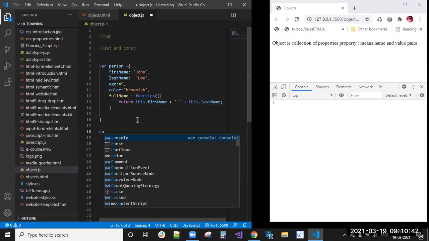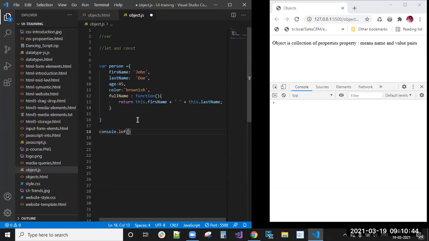If you call console.log of person.fullName, but it is a method, right? You can do it like this. Now you can see John Doe. It is printed as John Doe because it is this.firstName plus this.lastName. This is the method.